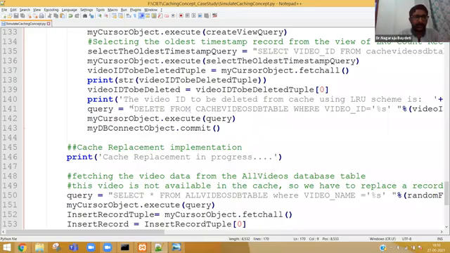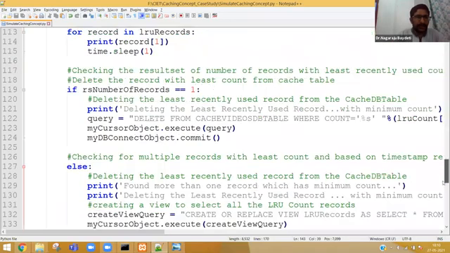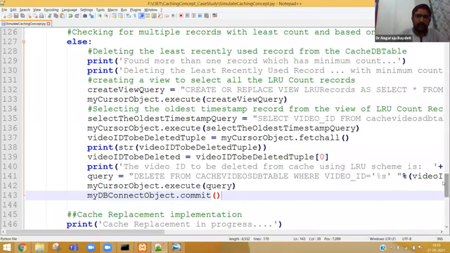This is the part that is in line number 141. So execute the query. Now from line number 119 to 143, what we have done is case 2 delete or case 3 delete.